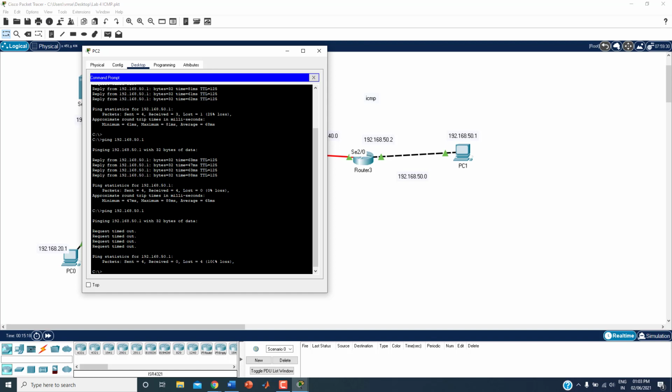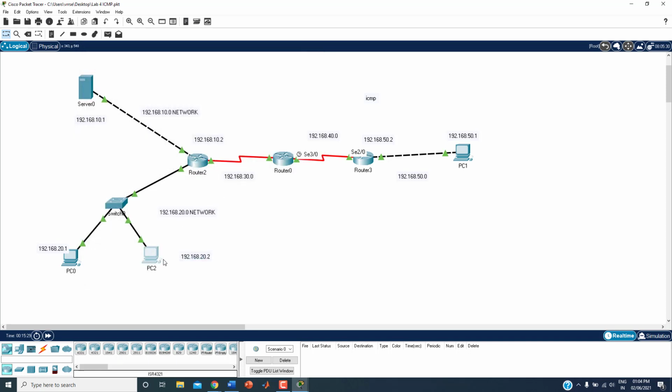Sent 4 packets, received 0, 4 packets lost. That means the ping packet reaches the PC, but while coming back, the packets are blocked. Not the echo request packet, the echo reply packet. All the reply packets are blocked here.